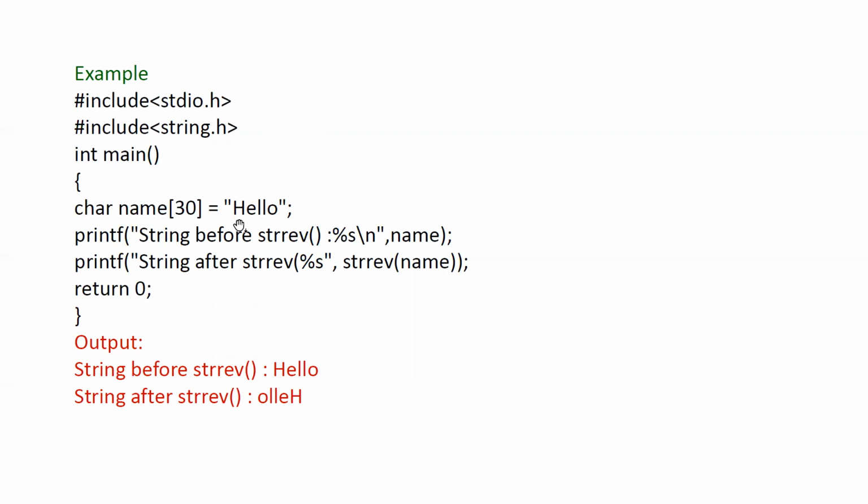Now after that, i is incremented and j is decremented. That is, for i you move from left to right, and for j you move from right to left. Both the variables keep approaching each other. So i is incremented, now i is at E, and j is decremented, that is at L. Now the characters at these positions are interchanged. So E is pushed to L's place and L is pushed to E's place.